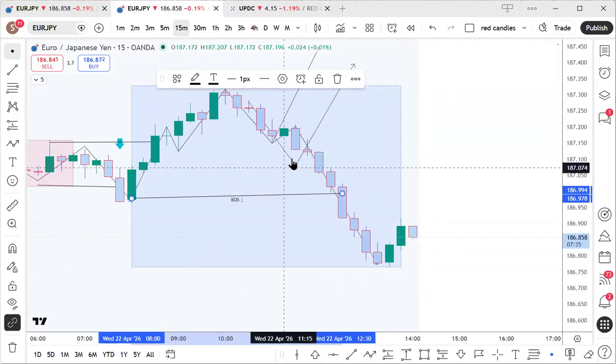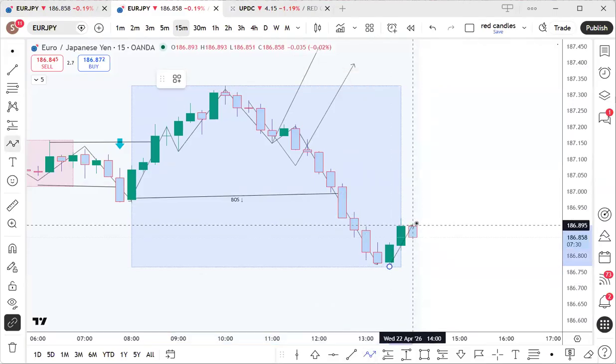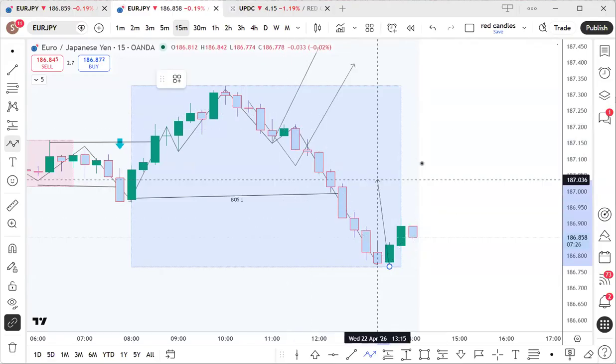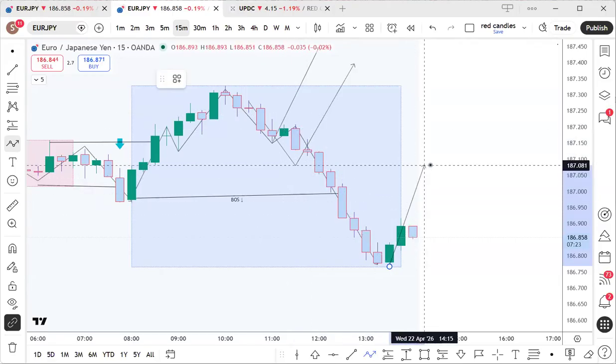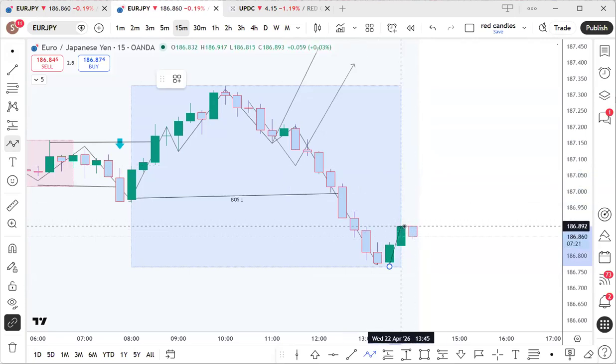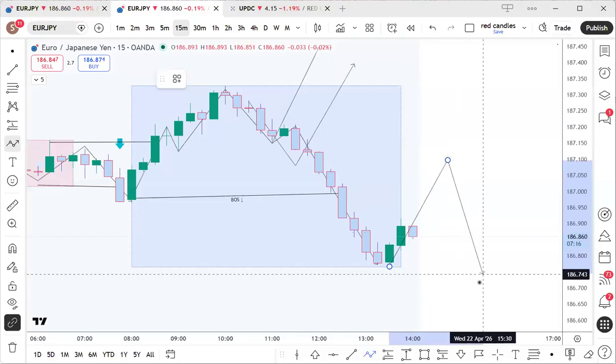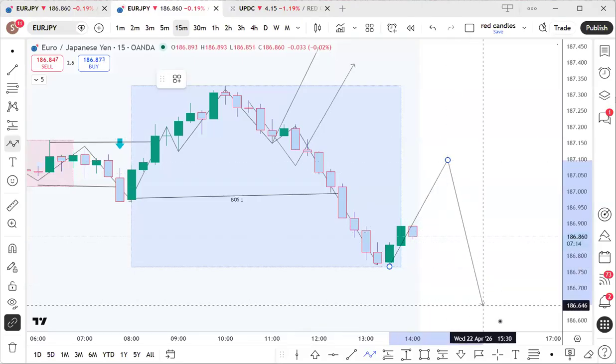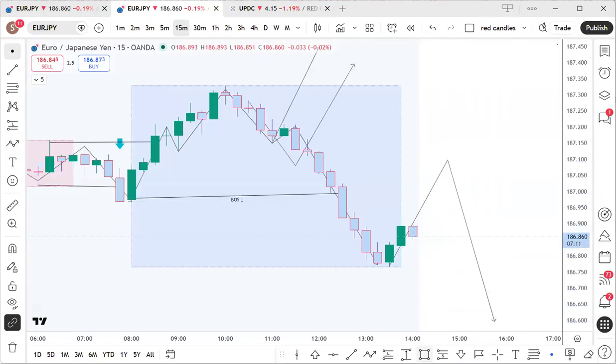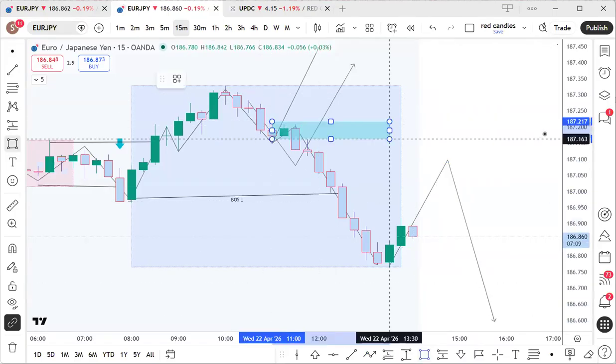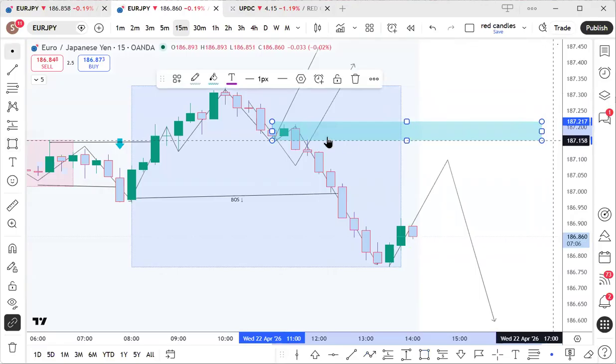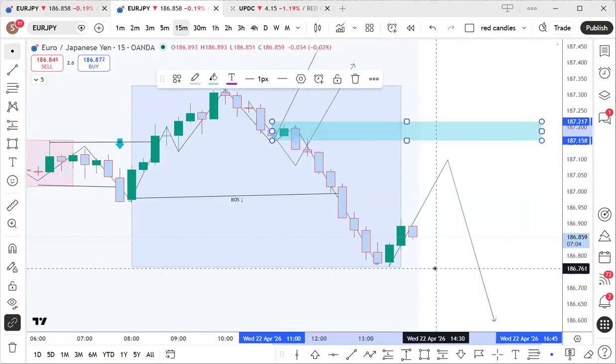So now that it has given us a break of structure, it is now pulling back. Where will be our last opposite candle that caused this price down? It is right here, right? So it can pull back even further in, but this is even a good place to enter a short now. We can enter another one. So this is what we expect price to do now, to come back down. So as long as price does not go above this zone where that push started from, then we are good for a sell.